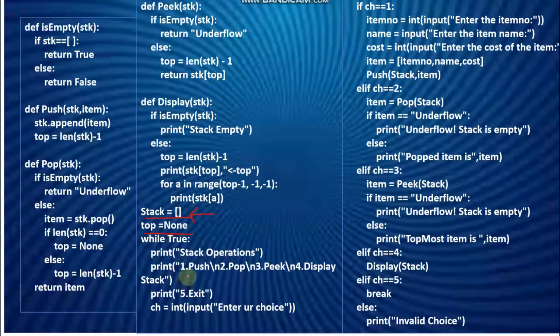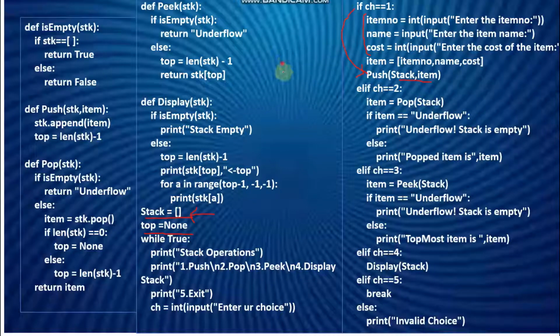Now, all the operations we are going to see are push, pop, peek, display, and the last is exit. So if the user makes a choice, it is going to call the function. For the function, whatever is required is getting prepared. Here we are going to get the input from the user and pass it as a parameter to the function.